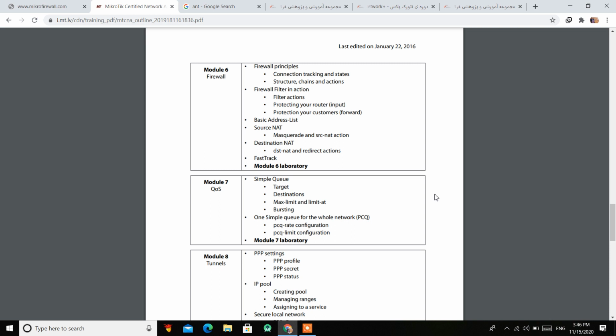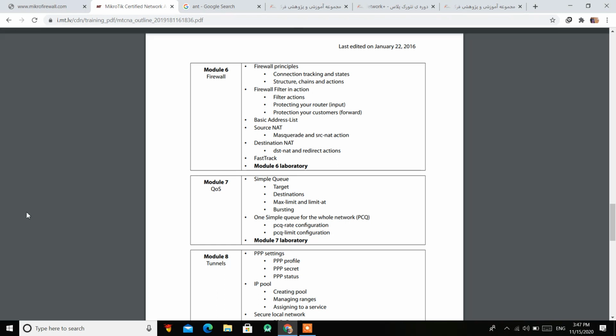In the next part, we are going to install a MikroTik RouterOS on a virtualization environment, for all of you to practice MikroTik on your own at home. For example, maybe some of you don't have access to MikroTik devices. So what should you do for training? I will teach you how to run a MikroTik on a virtualization